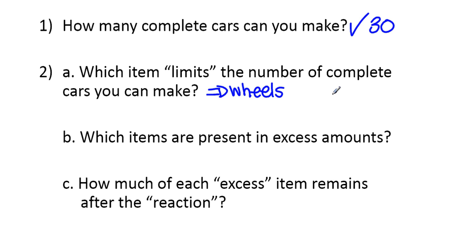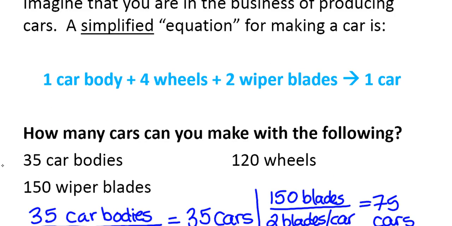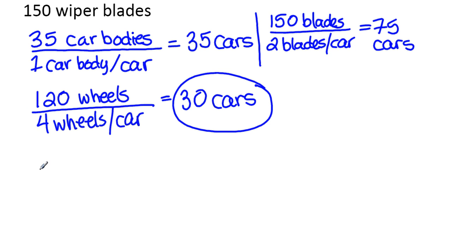Which items are present in excess amounts? That means leftover. So we know there will be some car bodies left. And we know there's going to be some wiper blades left. Last question, how much of each excess item remains after the reaction or after we make all of the cars? So we know there's car bodies and wiper blades left. Let's go back to the previous page and take a look at our calculations and see what we can come up with. So for the leftover amounts,